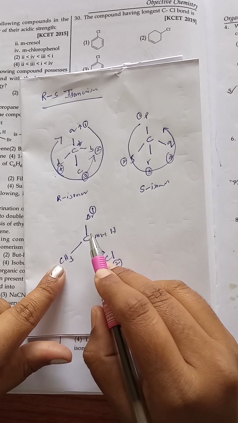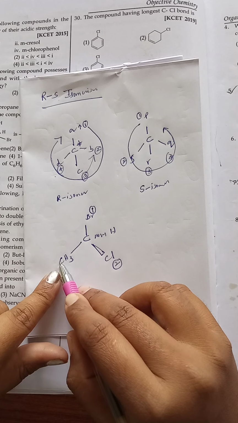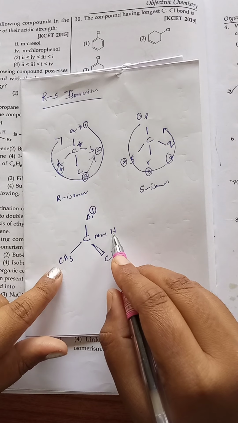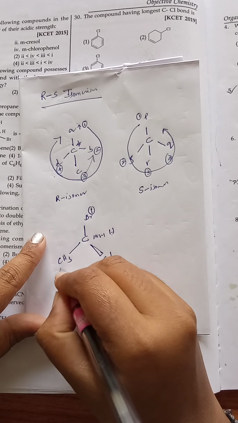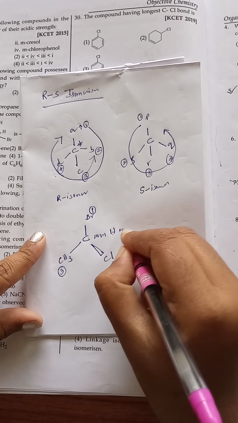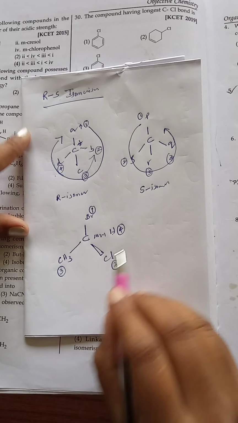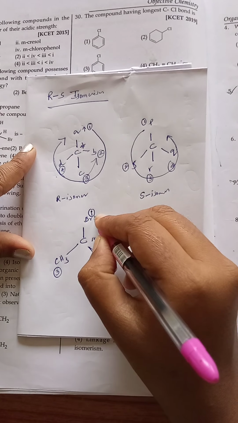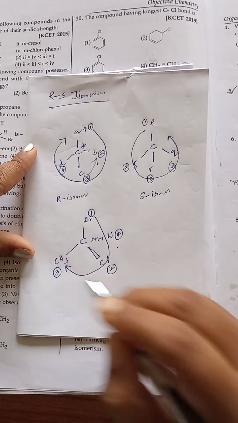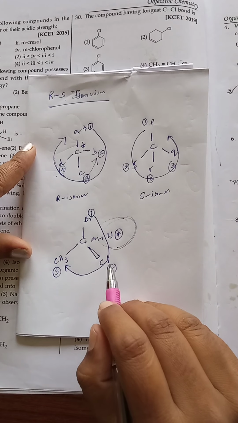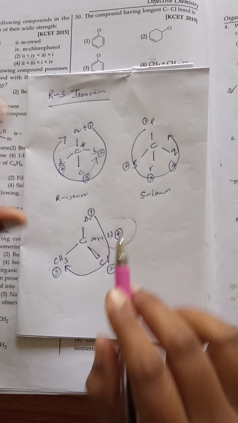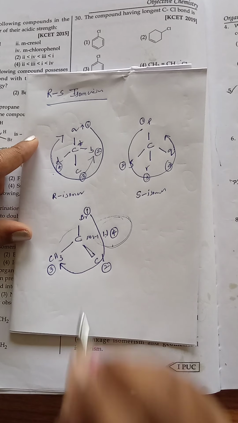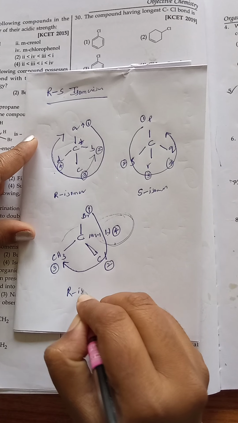Here a bond is made between carbon and carbon. So that means we want to see the atomic weight of this carbon atom. Okay, so compared to hydrogen, atomic weight of this carbon is more. It has to be given the priority 3, and this is with the 4th. Now connect the numbers in an order, first followed by the second, followed by the third. We can exclude this 4th one. So now in which direction is it moving? Clockwise direction. So then it is said to be R isomer.